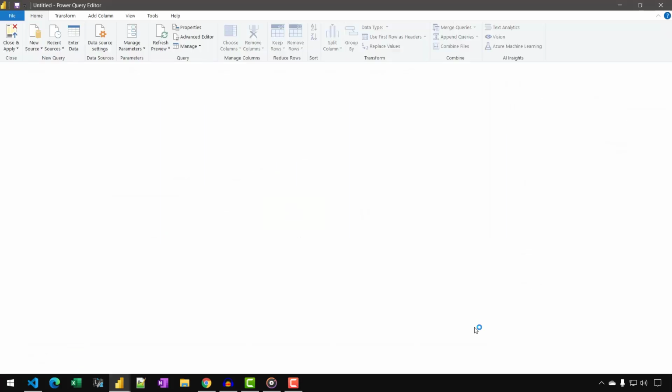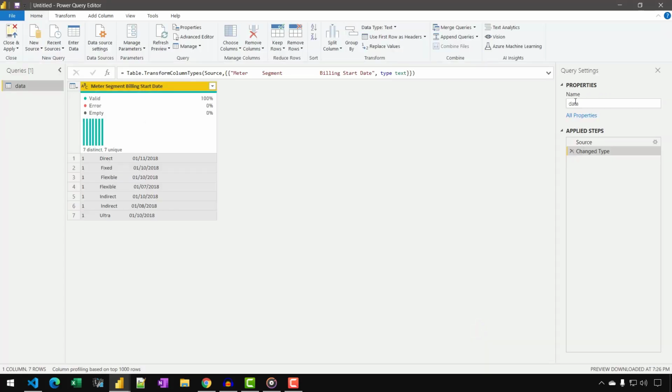This will open the Power Query window, and on the right hand side where we have the applied steps, just uncheck the first step, which is change type. And as you can see, not only the data but the names of the columns are also interpreted as if it was a single column. So the first thing we need to do is push that header to the row, and for that we can use the option Use Headers as First Row.